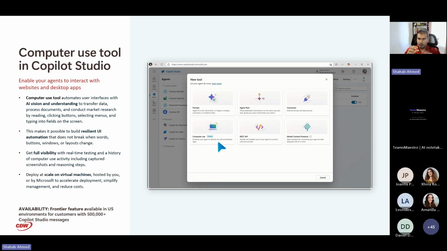Effectively, it's just like how a customer or user would do things. It could be a bunch of different things, like data processing. It could even be things like research and analysis. You can have an agent do that on your behalf, and you can have that done multiple times on a bunch of different machines. It could be a cloud-based thing, or it could be something that the customer has.